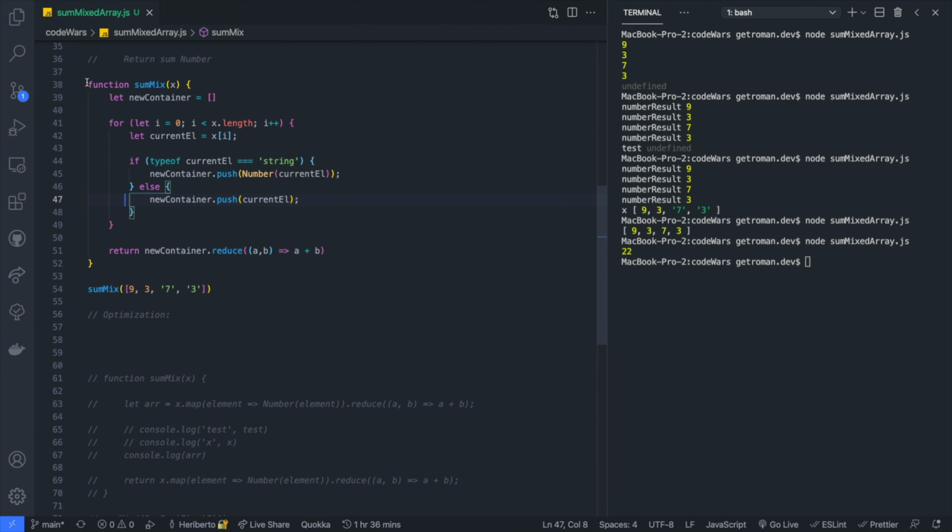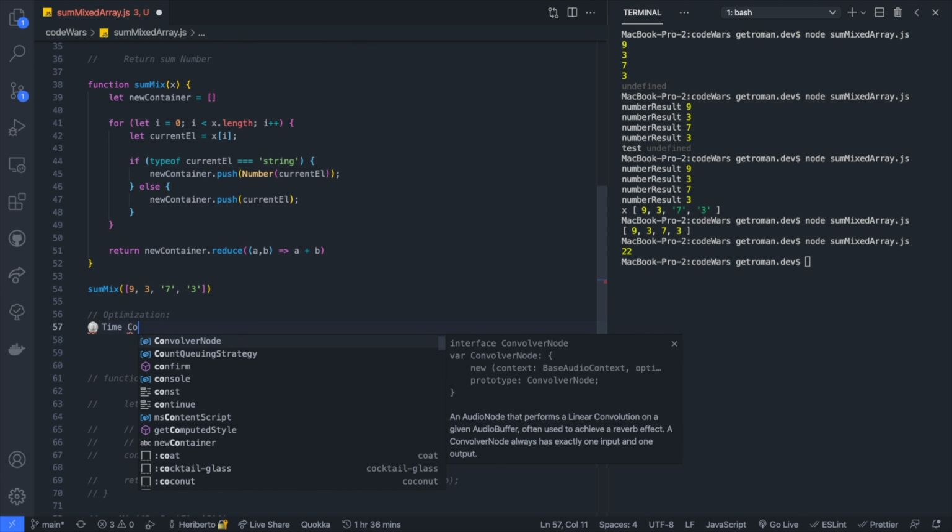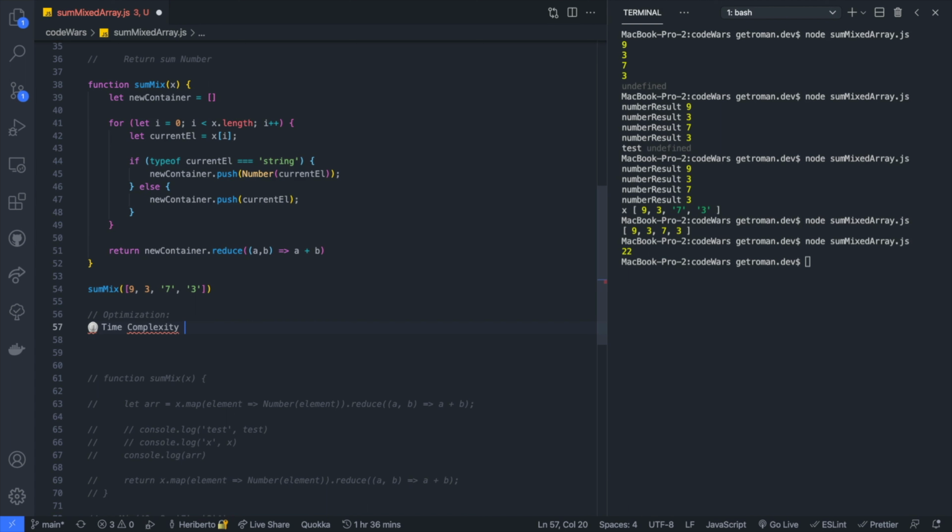All right, guys. So I cleaned up the file a bit, and I am back at the first solution, the brute force solution that we came up with, and I want to attempt to identify the time complexity of this solution. First and foremost, the way I understand time complexity is an indicator or a notion of how your code slows as your data grows, right? So with that in mind,